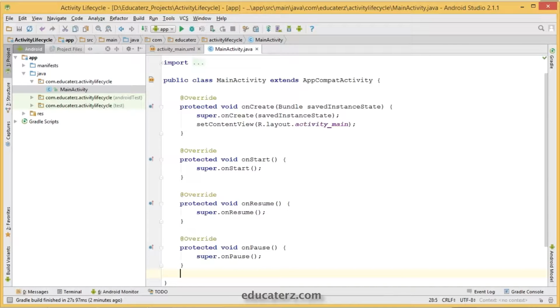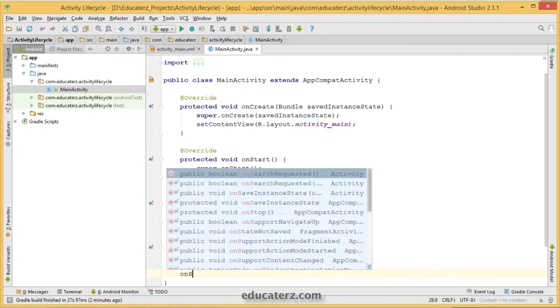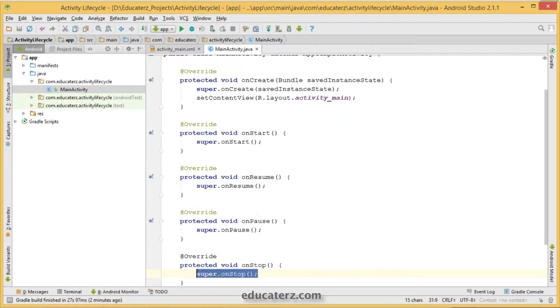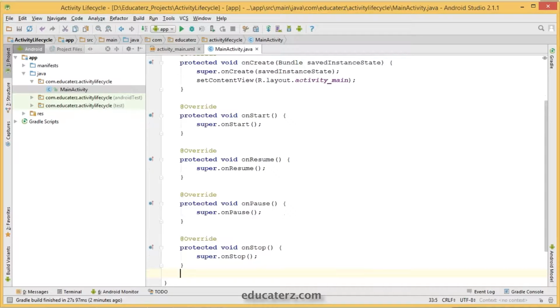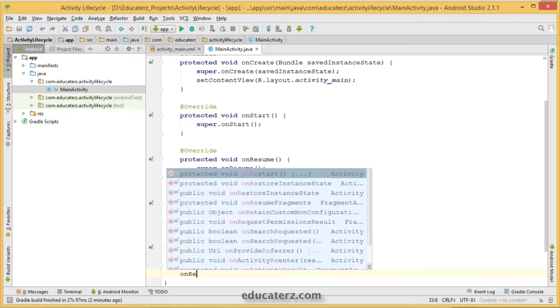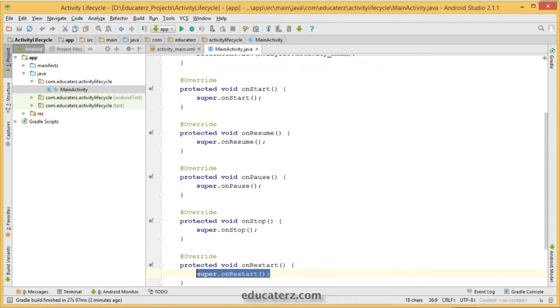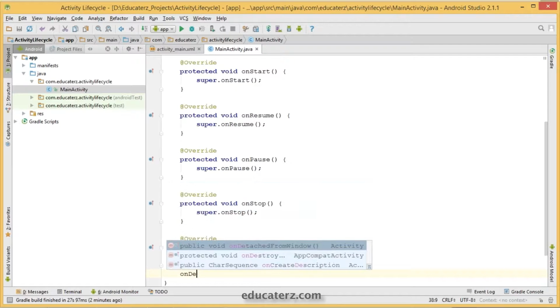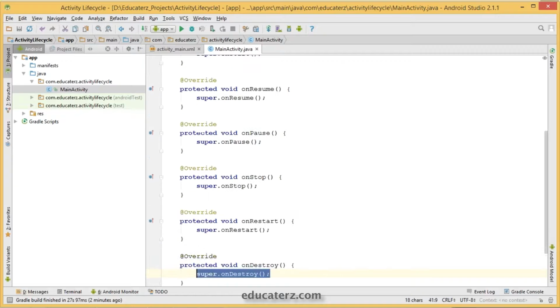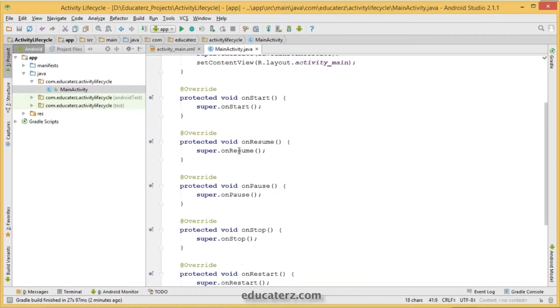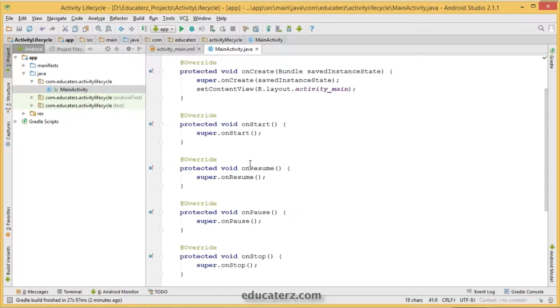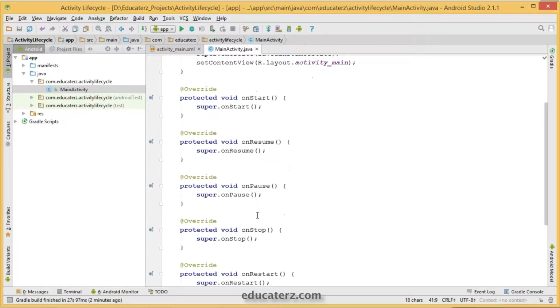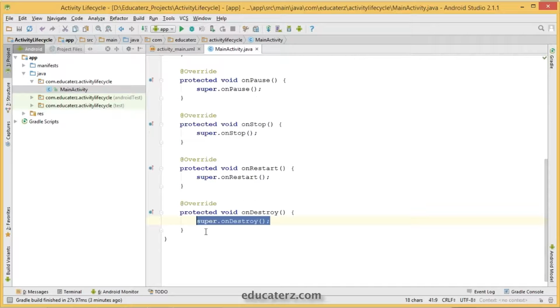So next onStop. So you can call onRestart in the middle, or you can call it at the last also. And onDestroy. So here it is. So let me check. onCreate, onStart, onResume, onPause, onStop, onRestart, and onDestroy.